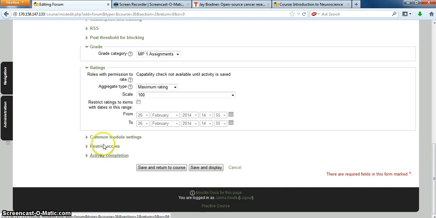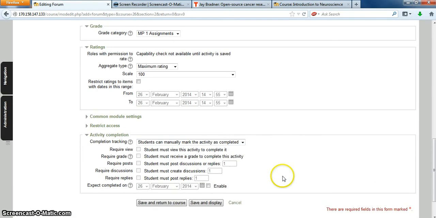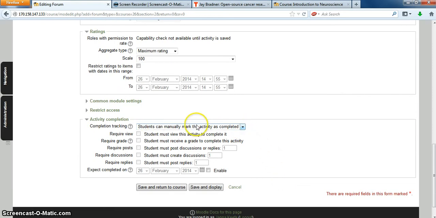And then the last thing I do, I leave these generally as I always do on default, the activity completion. And this one's a little bit more unique. You can let the student mark it, or if you want the computer to mark it, you get to choose the conditions. So for me, I usually require that they do one post, and my instruction said that they need to make 2 replies. And as soon as they've met those conditions, it will automatically be checked. So if we save and display,